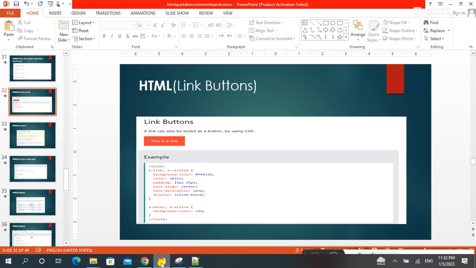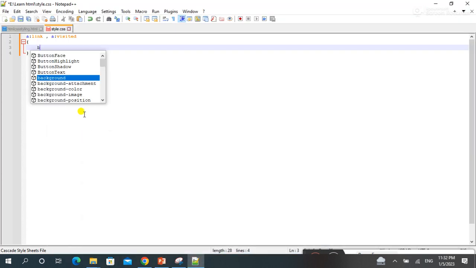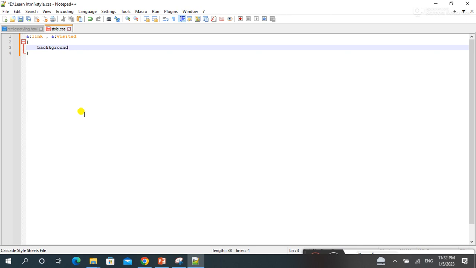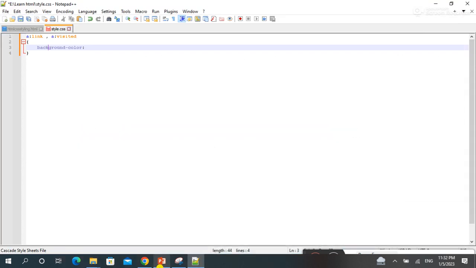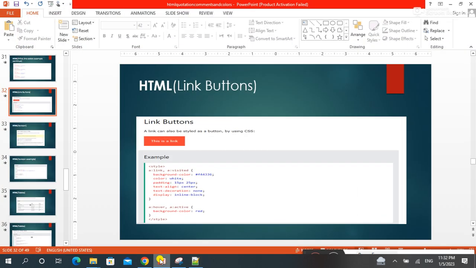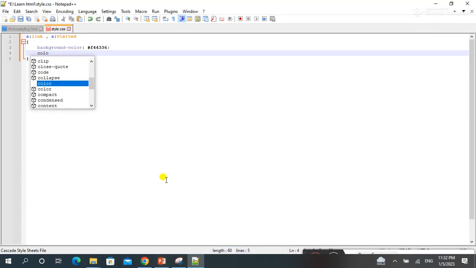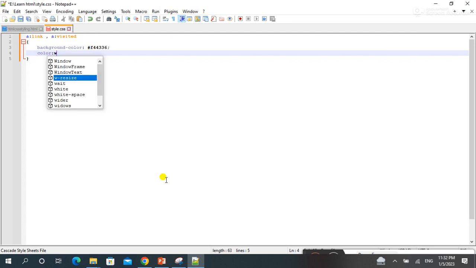Inside this we have to set background color, and its value is #f44336, and after background color we have color, that would be white,